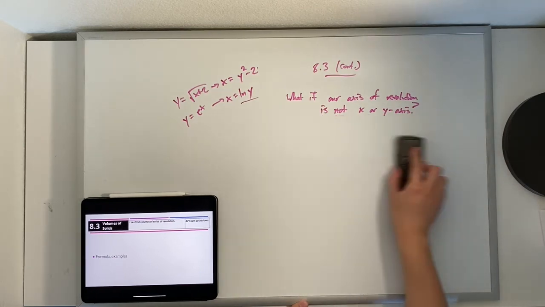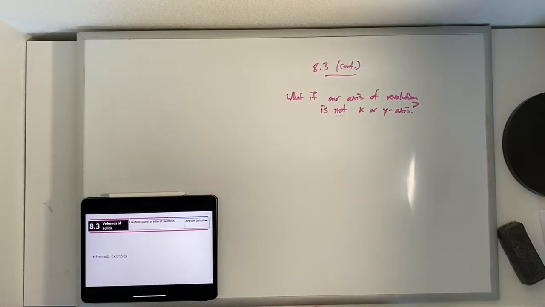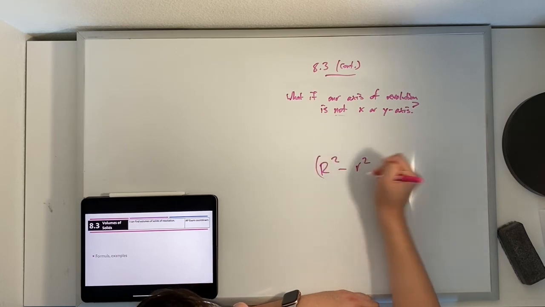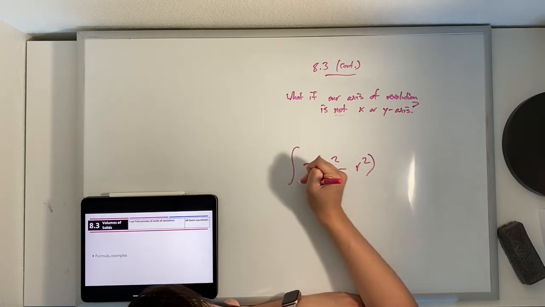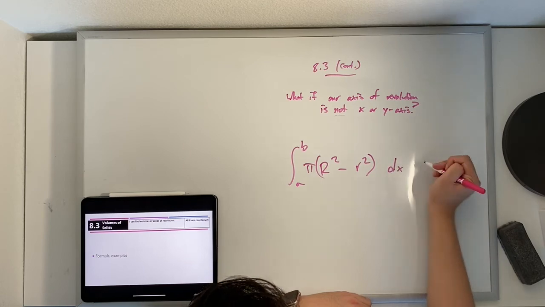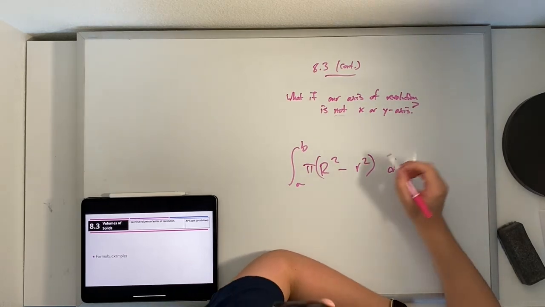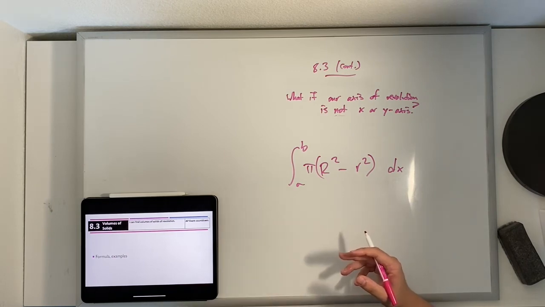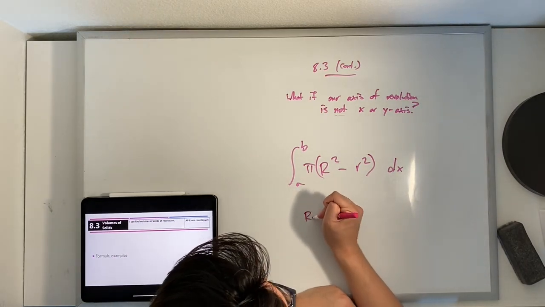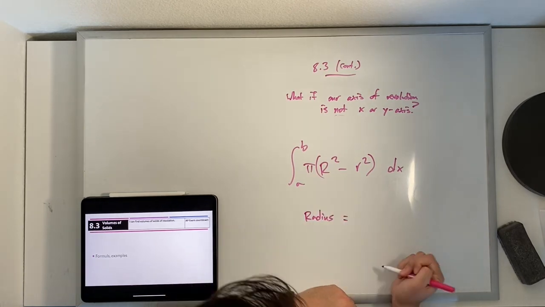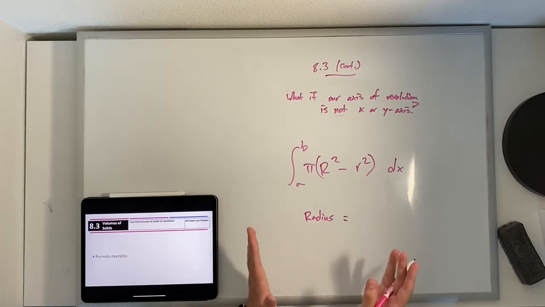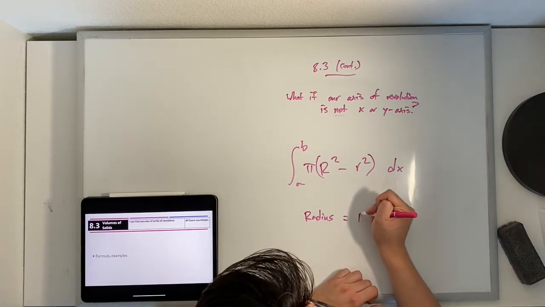However, since we're always squaring that value, anytime we want to find a radius, a formula that will always work without you having to think about those distances is simply